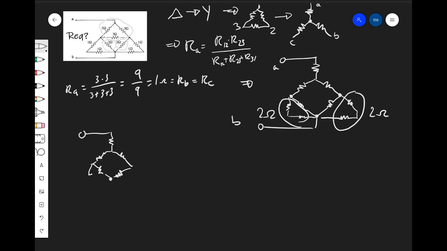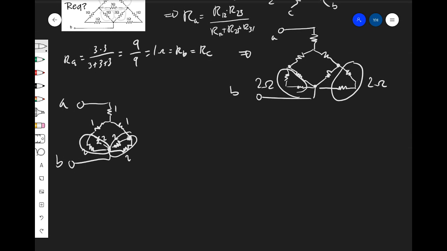But now we have just one resistor on each side in parallel with the 2 ohms. So this is a 2 ohm, this is a 2 ohm, this is a 2 ohm, this is a 2 ohm, 1, 1, and 1. Now, because these 2 ohm resistors share a node on each side, that means they're in parallel. So we can combine these as well as these in parallel, and we will redraw the circuit one more time